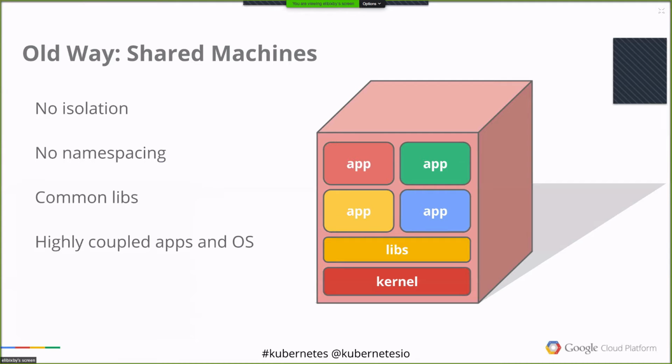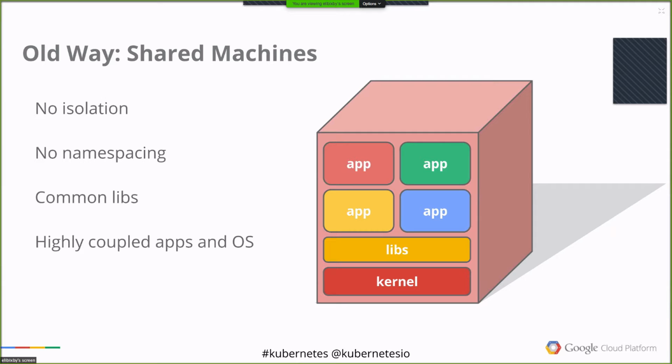I'm going to go back to prehistory and talk about how people used to run their Jenkins servers, which was on one single machine that was living in a data center somewhere, and you had an OS that was running on top of a kernel and libraries, and your app was strongly coupled to that OS, and you just ran everything right there. And clearly there's a lot of problems with that.